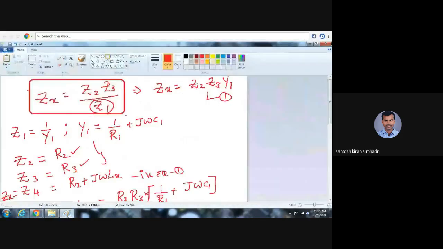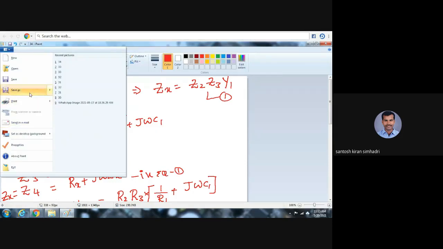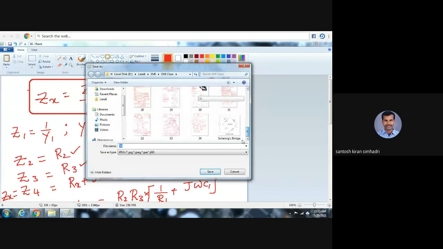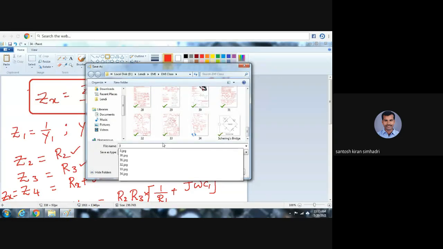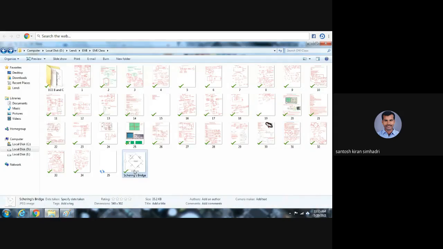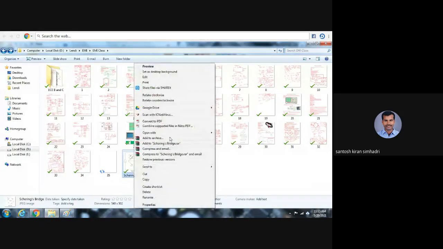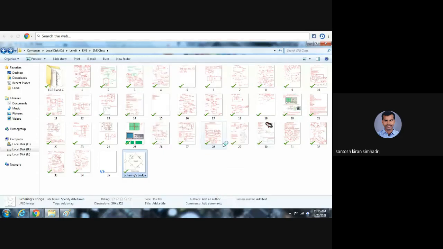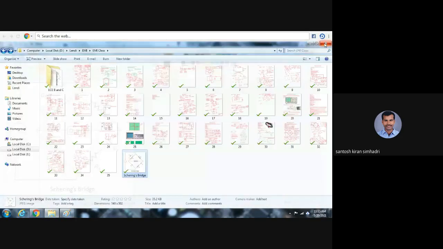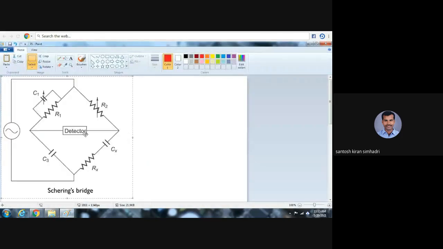First, I will save this. Then I will take another slide and save it as JPEG. Give me some time. This is 34, I will save as 35. Then I will save and delete this content. The 34th slide is already saved with complete data. Now I will bring in this scaling bridge diagram because of time. I will copy this scaling bridge. No issue, it is a very easy drawing. I will explain how we can draw it.